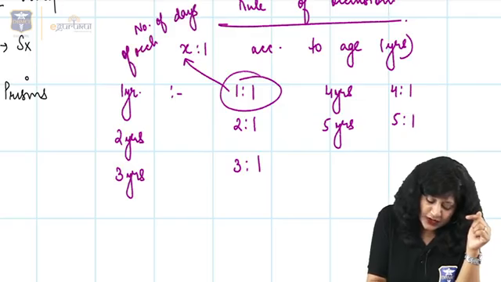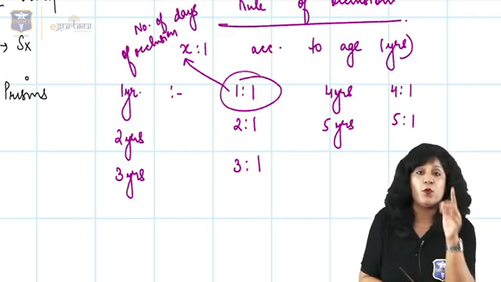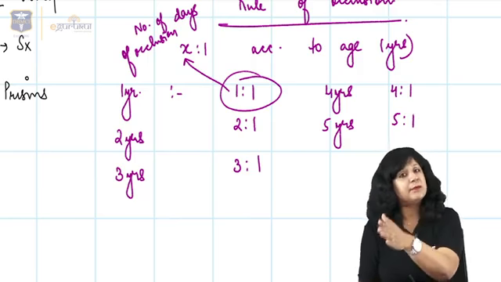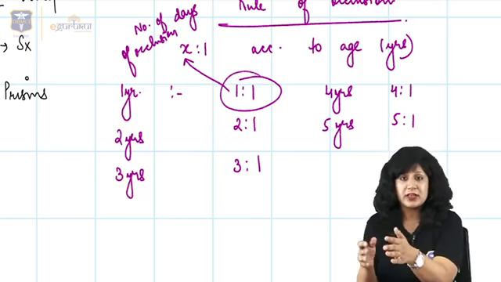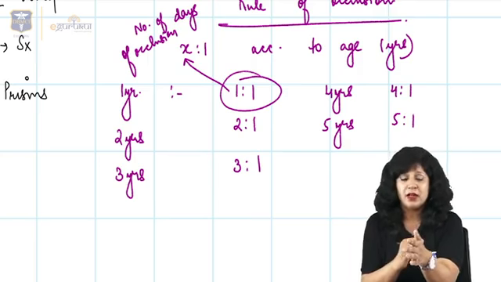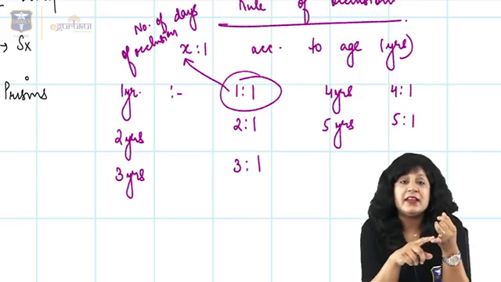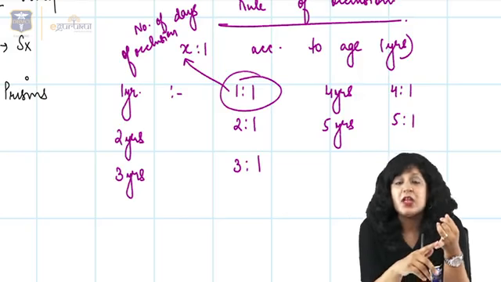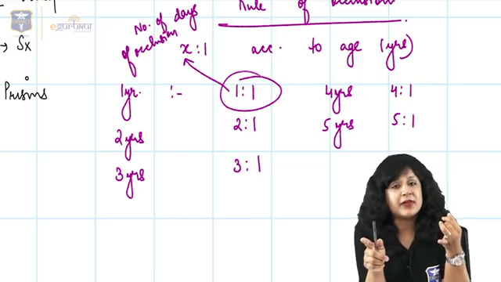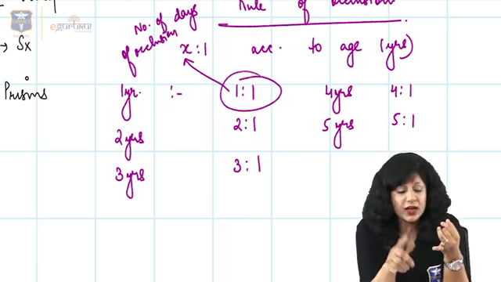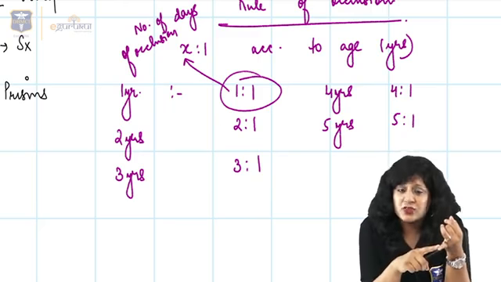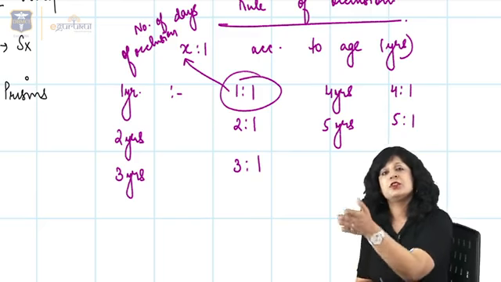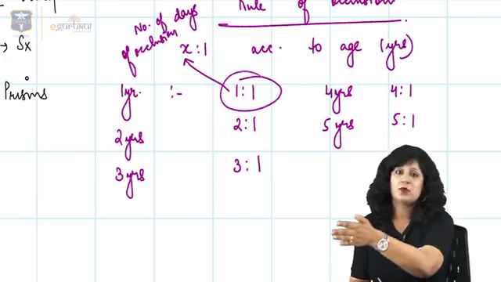So you are going to occlude this eye for 1 day, and then 1 is the day where you are keeping that normal eye open so that it does not go into amblyopia. So at 1 year, you are following just 1 is to 1. That means the number of days of occlusion will be equal to the number of years in age. So if the child is 1 year of age, you occlude for 1 day, keep it open for 1 day, then 1 day occlusion and 1 day open, then 1 day occlusion and 1 day open.